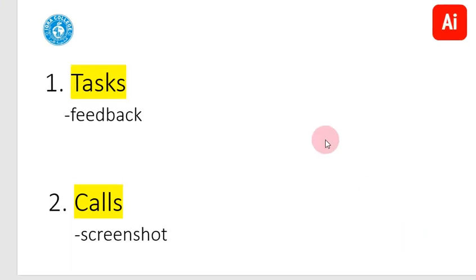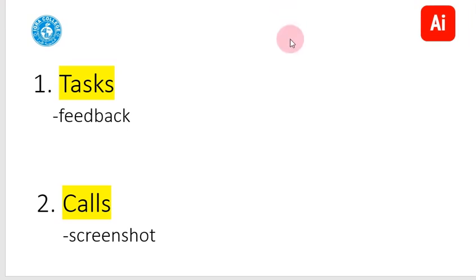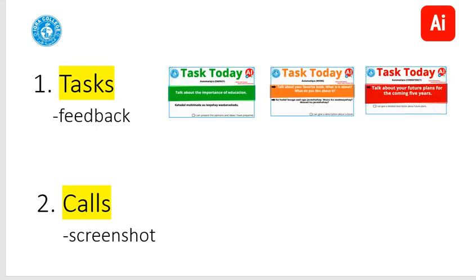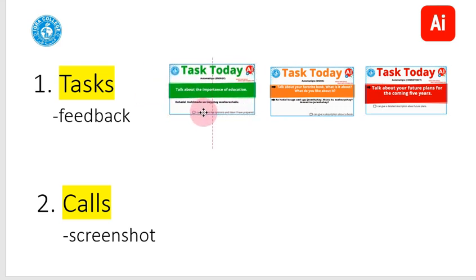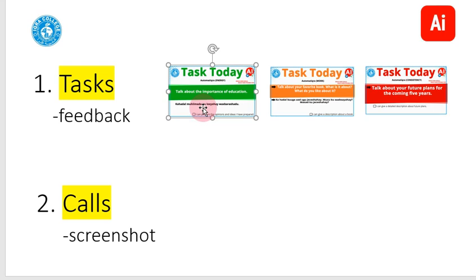All right. So you may be asking yourself if there are no lessons in the Automatic Iqra program, in the Automatic Iqra group, what the heck is in the Automatic Iqra group? Well, you're going to be doing 2 things. Number 1, you're going to be doing something called tasks, and number 2, you're going to be doing something called calls. So what are tasks? Tasks are these assignments or activities that you do. So when the group is open, we will post these really beautiful looking cards that have a speaking prompt, and it's what you have to say. You have to record your voice answering this task.